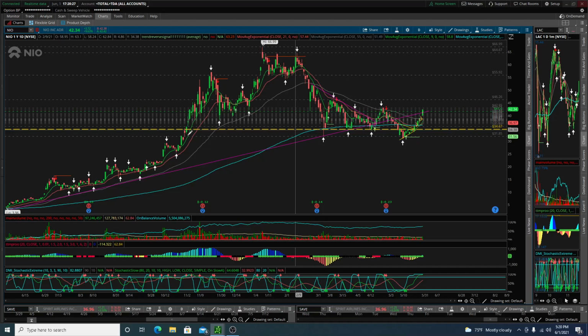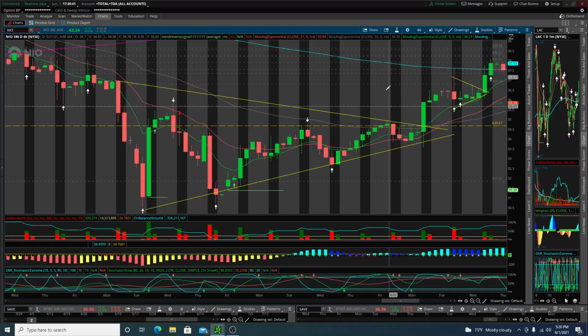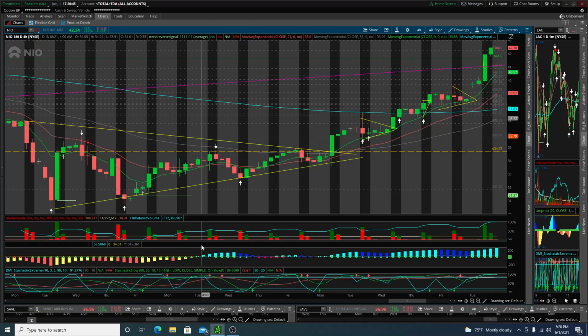And then I saw it kind of consolidating, and I was looking at the 4 hour. Okay, so this is when it gets important. When it's consolidating right here, you want to first find the pattern, and then you want to find a squeeze. Okay, so here it was squeezing on the 4 hour right before it broke out, and then it's even better if it's squeezing on multiple time frames. So the 4 hour is one of my favorites, but